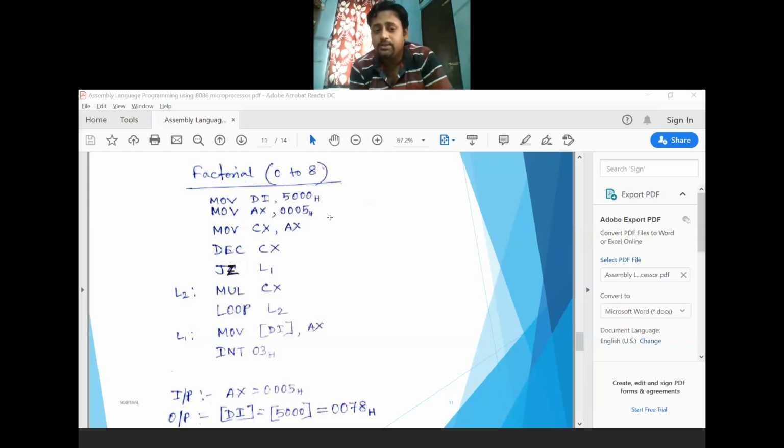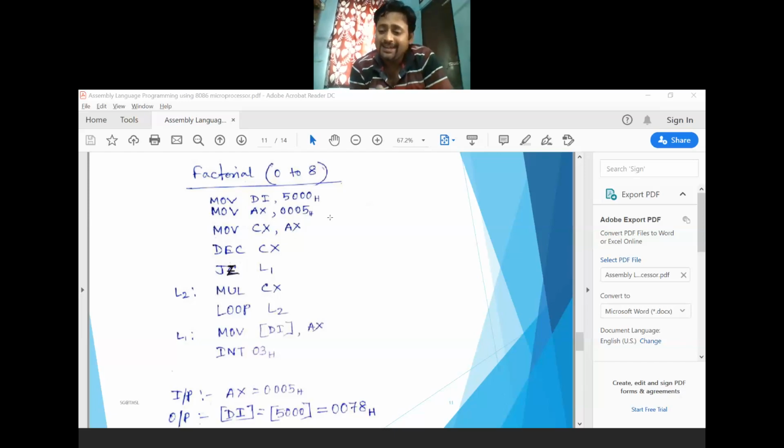Now MOV AX, 0005, that is your 16-bit number. And what will be the factorial of this one? 0005 into 0004 into 0003 into 0002 into 0001. Is it clear? So the multiplication will be in continuous mode by decrementing the value by one from 5.